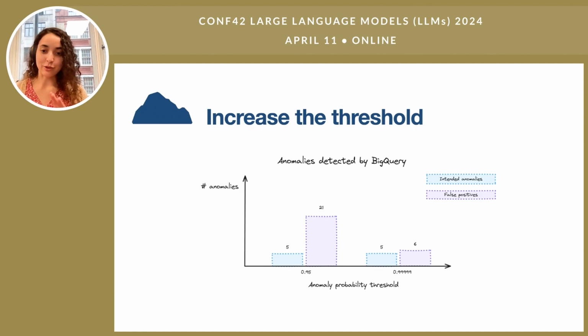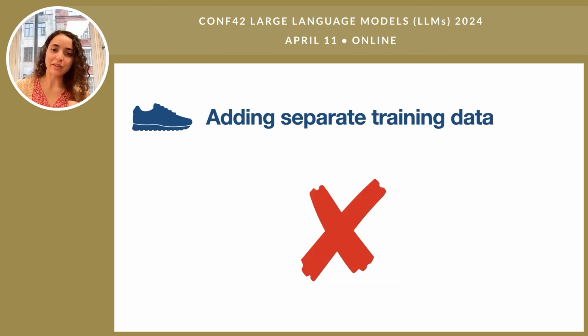So when we make that change, the intended anomalies are still detected as they should. That's great. We still have all 5 intended anomalies detected, and we have a drop in the number of false positives, just because we want the model to be more sure that something is an anomaly before it classes it that way. So that's all great. This kind of works. So what about the next one?